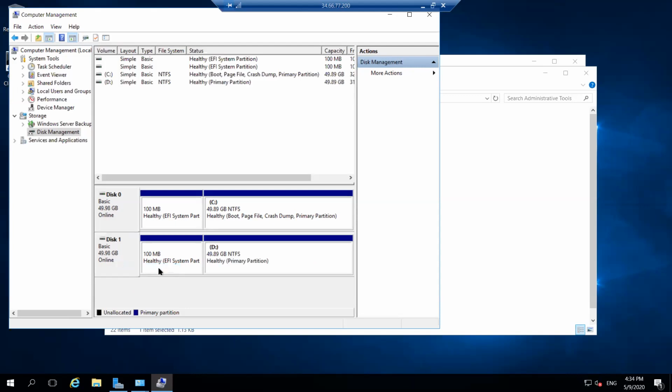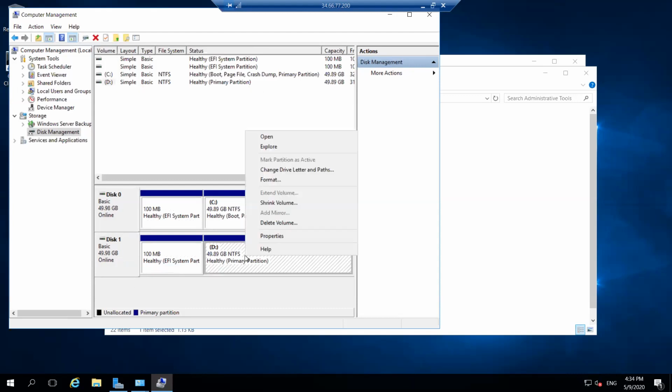Now we can see our D drive, a simple healthy primary partition. From there we will partition it. At first we have to change its offline mode to online mode.